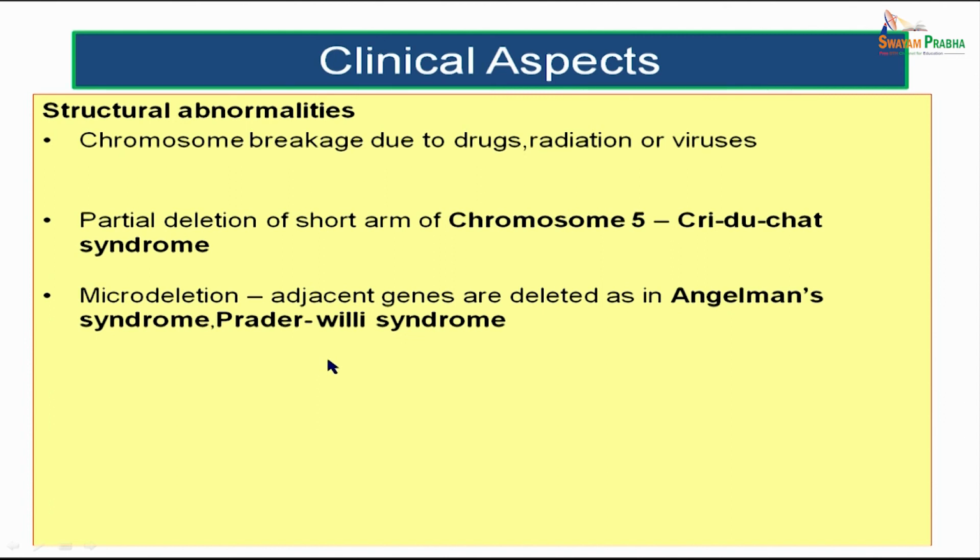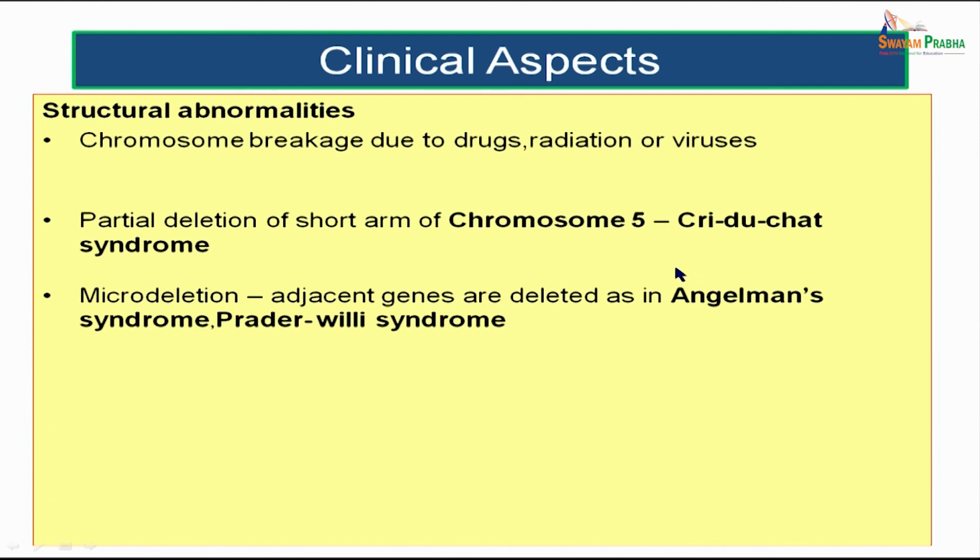Another condition is known as microdeletion. In microdeletion, there will be deletion of adjacent genes, and two important syndromes are Angelman syndrome and Prader-Willi syndrome. In Angelman syndrome, it is usually the maternal component which is undergoing microdeletion, and in Prader-Willi syndrome, it is usually the paternal component which is undergoing microdeletion. All these are actually genetic topics. I just wanted to convey these ideas in this session because